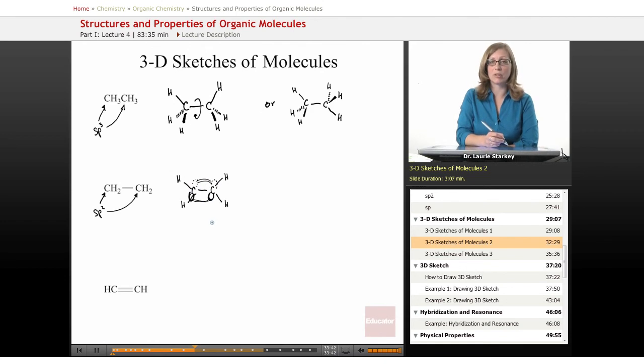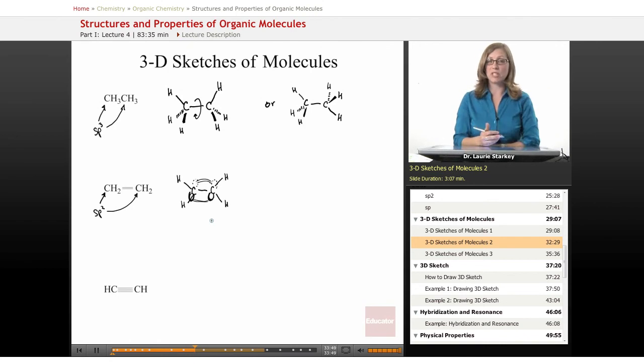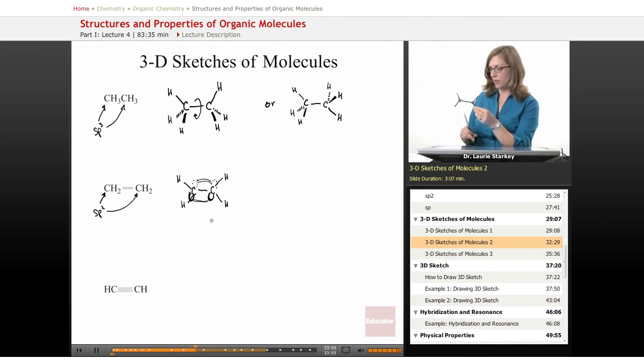Remember, the pi molecular orbital had a cloud of electron density above the sigma bond and a cloud of electron density below, so this 3D sketch represents that pretty reasonably. And this is a model of this molecule. This molecule is called ethene, and you can see that if we draw it, one way to draw it is just completely to put